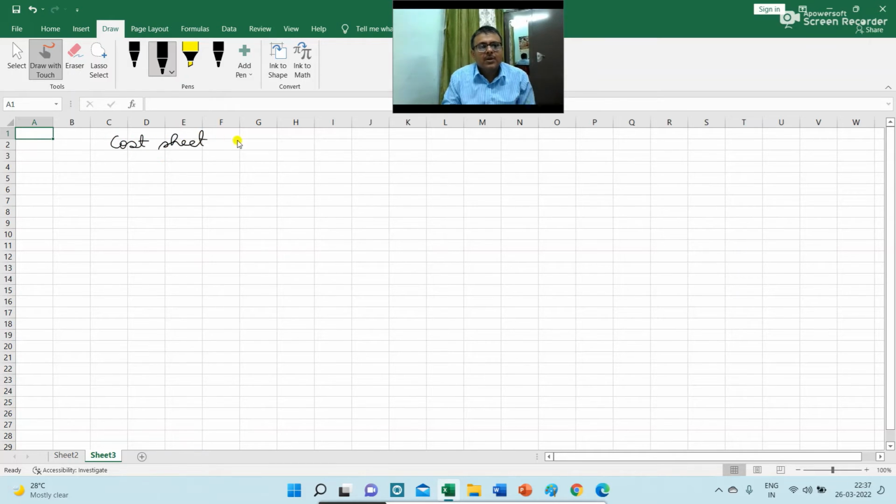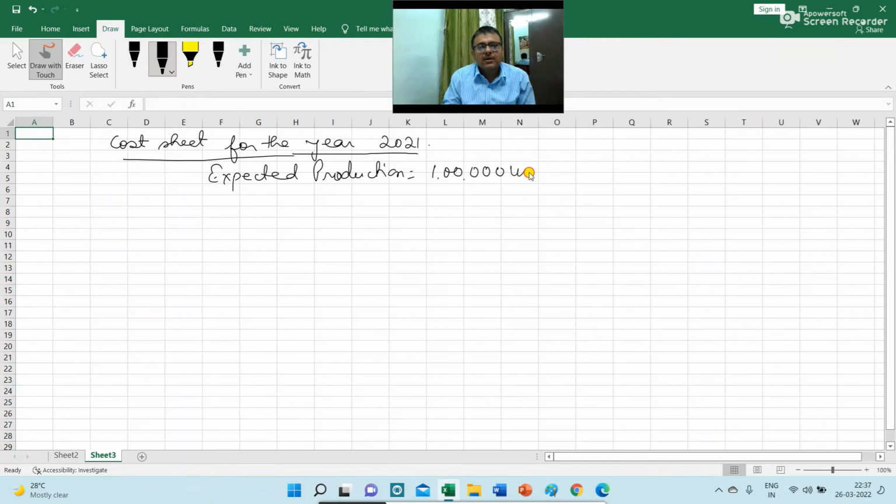Cost sheet for the year 2021. But in the year 2021, the expected production is 1 lakh unit. So here I am writing the cost per unit first and then the total cost. So material